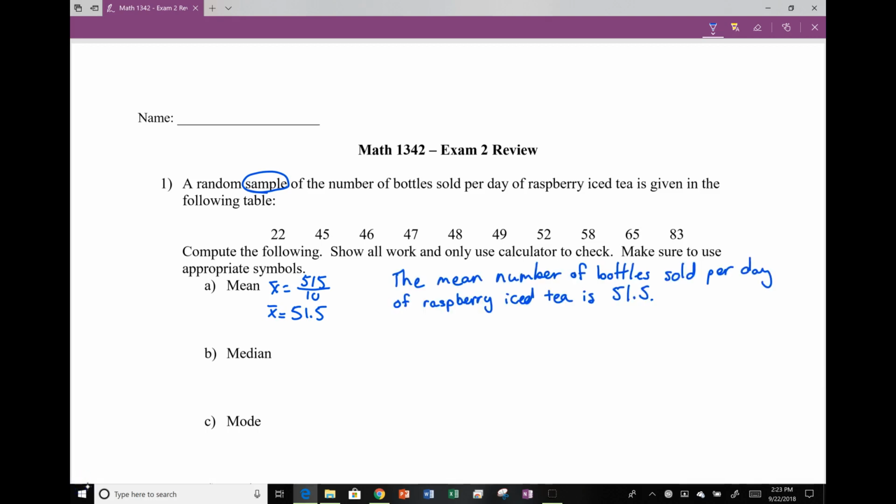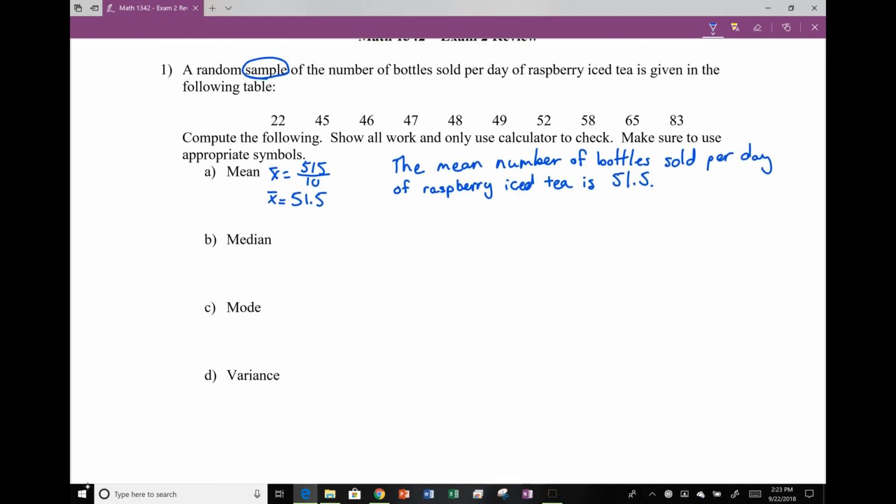Now we would like to look at the median. Recall, with the median, we must have our data arranged in order from smallest to largest first. Well, thankfully, this is already arranged in order for us. And then what we want to do is look for the location. Since we want the median, that's halfway, and I'm going to multiply that by how many values I have, which is 10. Well, half of 10 is 5. Since I got a whole number, I need a little bit of buffer room. So I'm going to take location 5 and 6